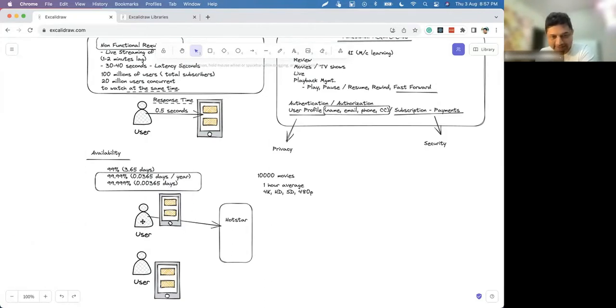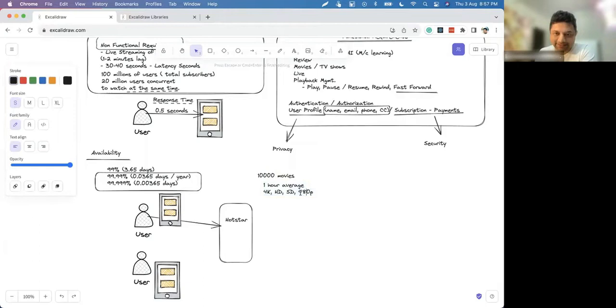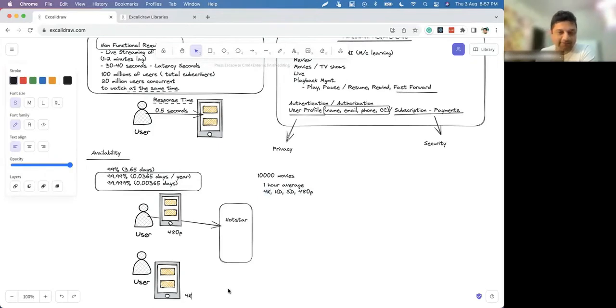He just lost his iPhone and has switched to a Redmi, which is just 480p. Temporarily, he has given his iPhone for repair and now he has some backup device which is 480p. But what Ramesh is watching is on a 4K device.